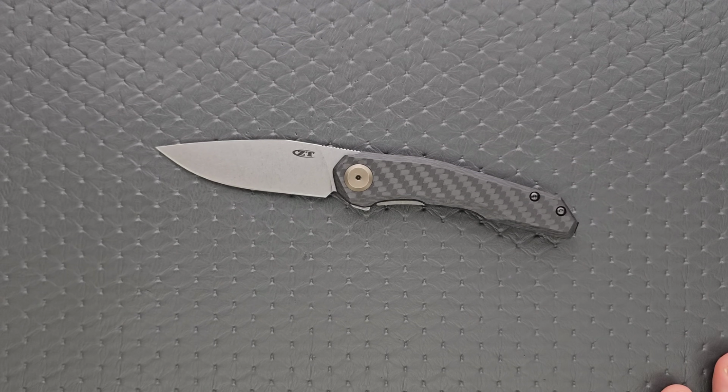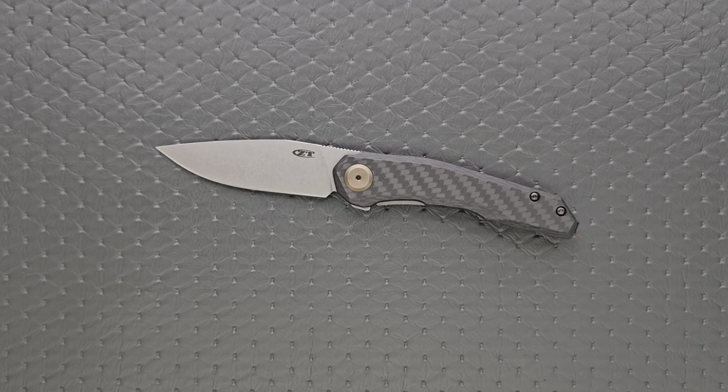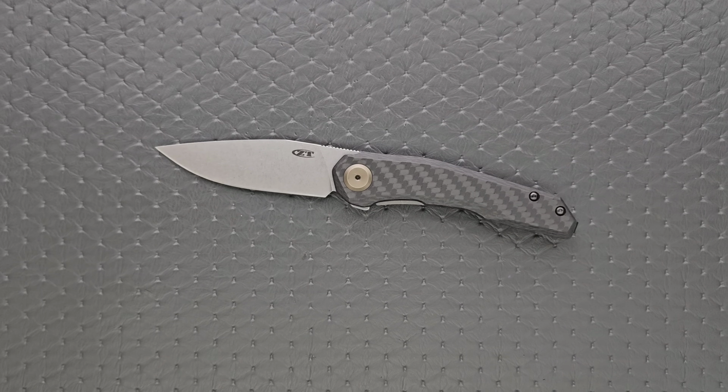That being said, I think people are going to lock in on the price thing and they're going to complain, and I think part of that is justified because to me, this doesn't feel like a $272 knife. I fully believe that they can make a knife and charge $272 and have it wow people. This just isn't it. This is just incredibly underwhelming. Personally, there's not much here that I really want to pay $272 for. I feel like I can throw a rock in any direction on the internet knife world and find a similar knife